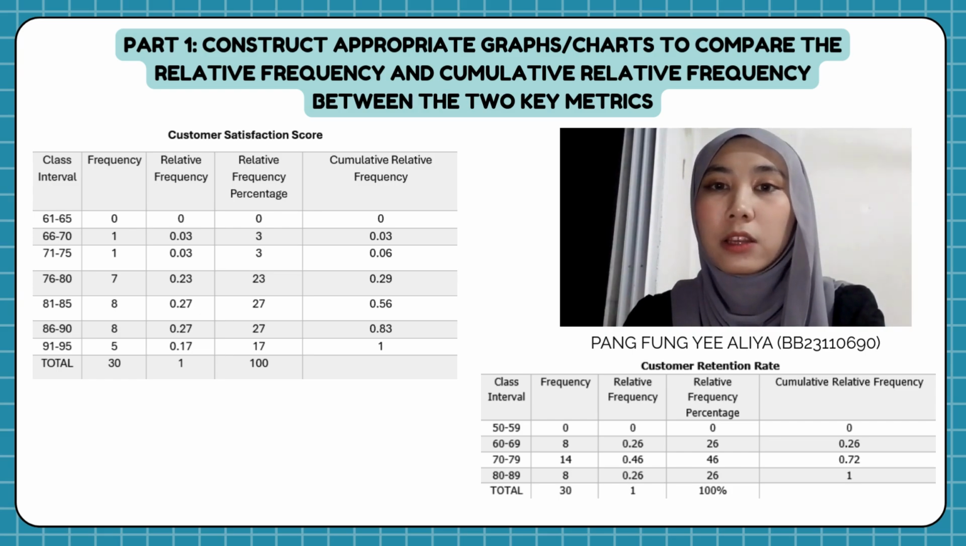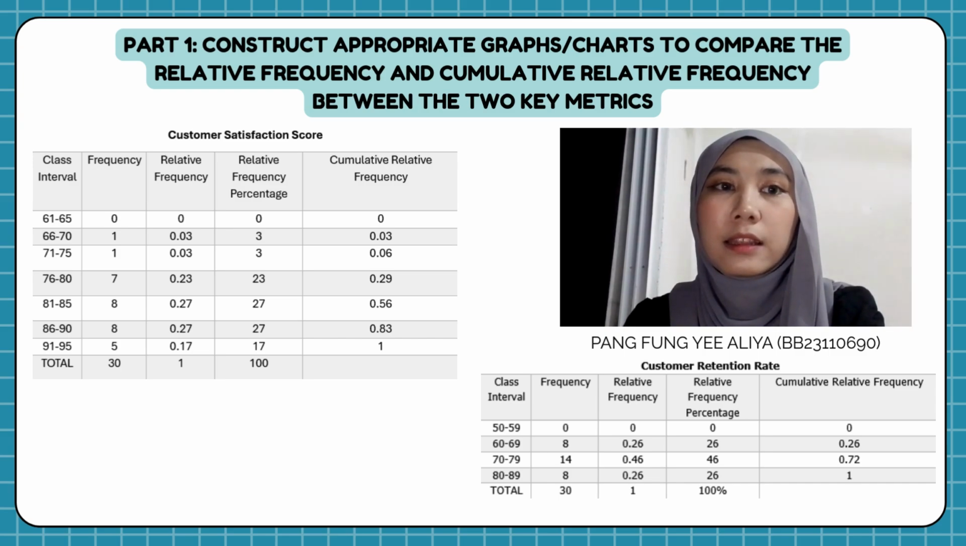After that, we calculate the cumulative relative frequency. This means we add the current relative frequency to all the previous ones. For example, 0.03 plus 0.03 equals 0.06. Then 0.06 plus 0.23 equals 0.29, and so on. We use the same method for the customer